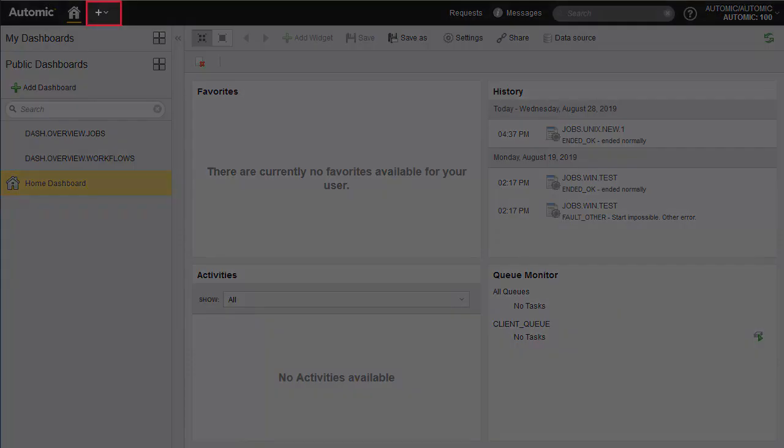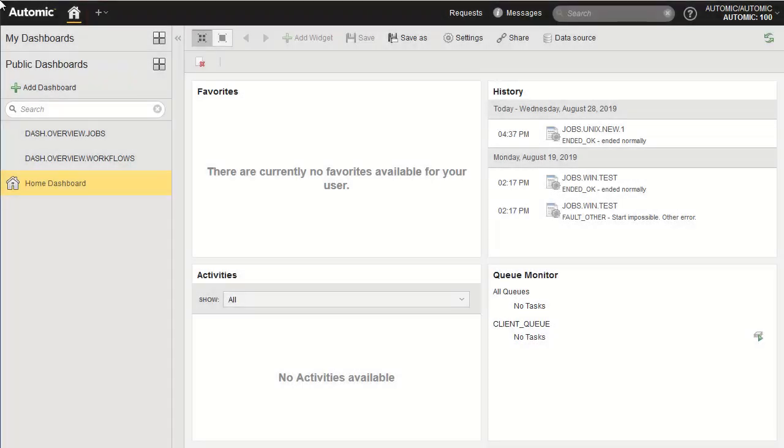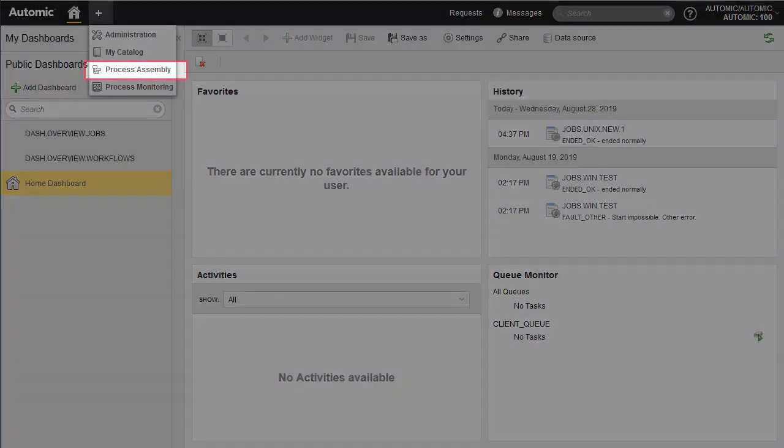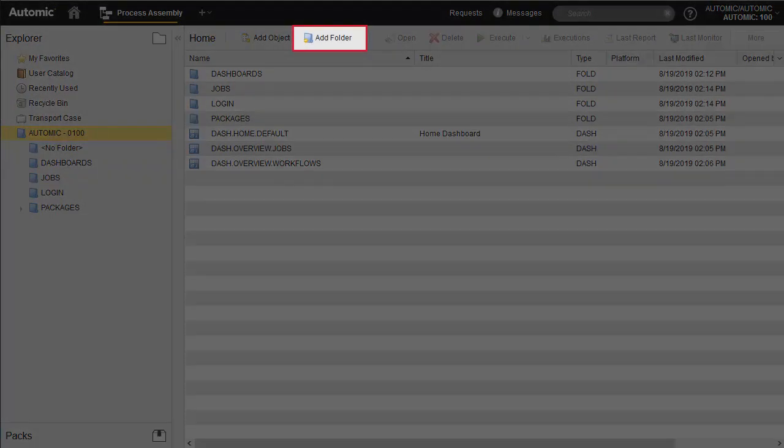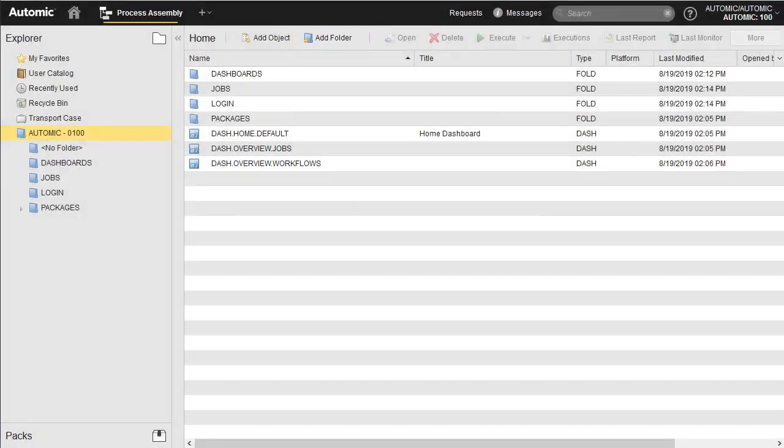We open the process assembly perspective, which is the perspective dedicated to configuration design. We always recommend creating folders for each object type to keep the environments organized and tidy.